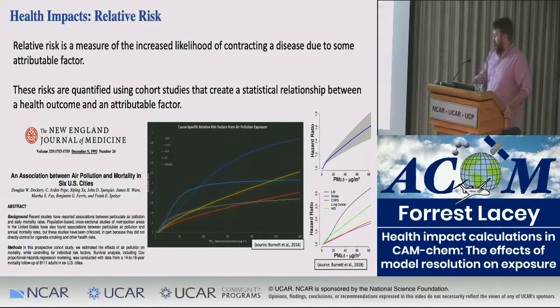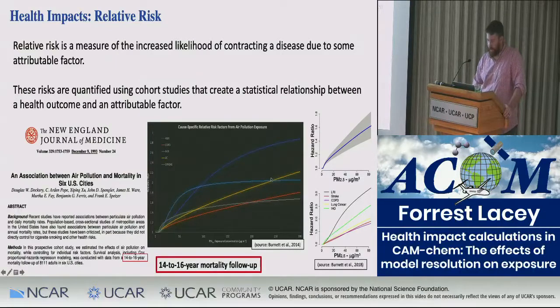And then you can see that as your pollutant concentration increases, you have an increased relative risk for a specific disease outcome. So here, this is 2. What this basically means is that if you're exposed to around 100 micrograms per meter cubed, you are twice as likely to contract acute lower respiratory infections. So that's how these relative risk factors work. The latest work is using this hazard ratio, which is very similar.